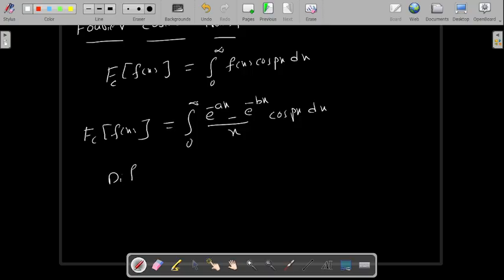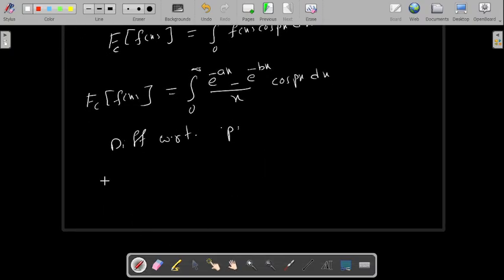Differentiate with respect to p. So what will we get? Differentiating with respect to p, d by dp of Fc of f of x equals